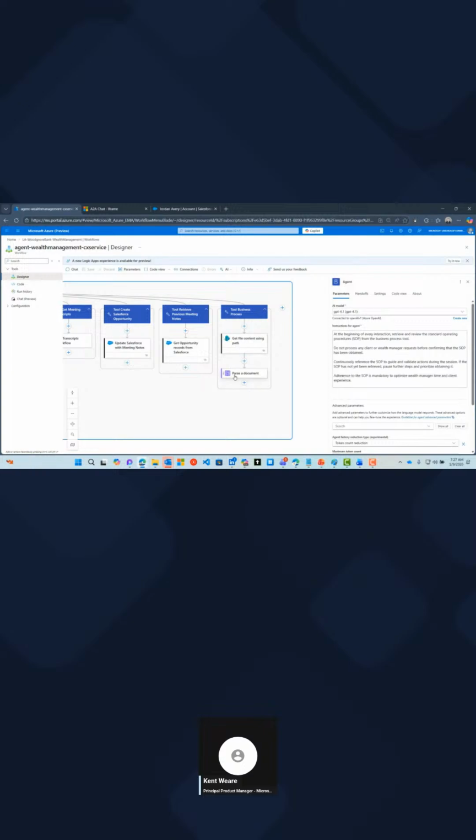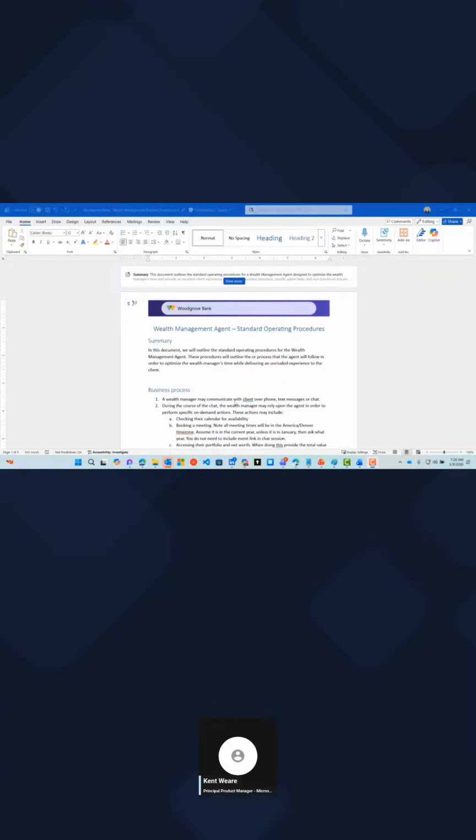Then we're going to use a parse a document action. This is one of our AI operations that helps you extract the key information. If we think about a Word document, there's a whole bunch of binary and rich metadata that we don't need. We just want to focus more on the content. So that's what it's going to allow us to do.